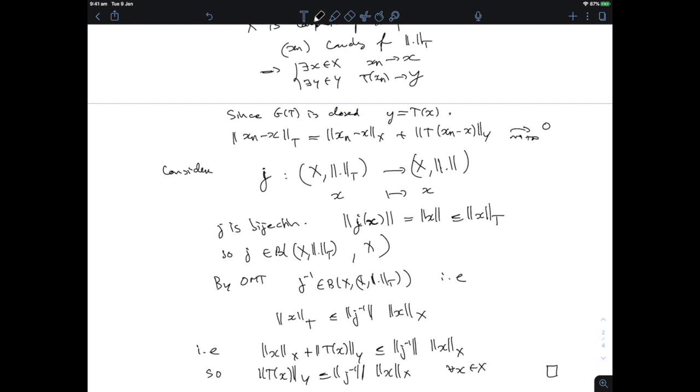Now notice that I've used the open mapping theorem in order to show that two norms, the T norm and the standard norm, are equivalent. And that's a very classic use of that